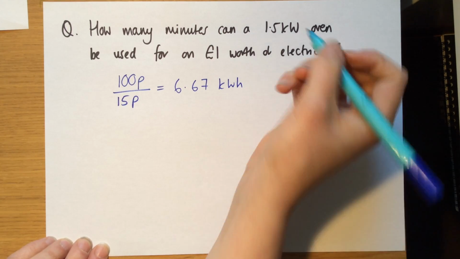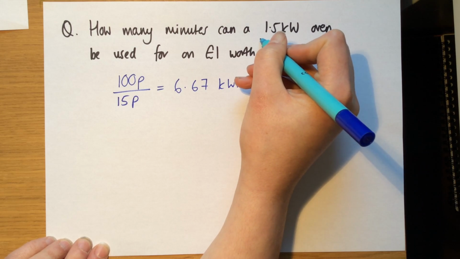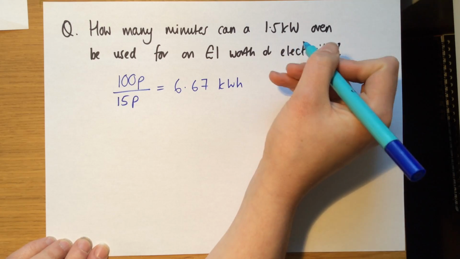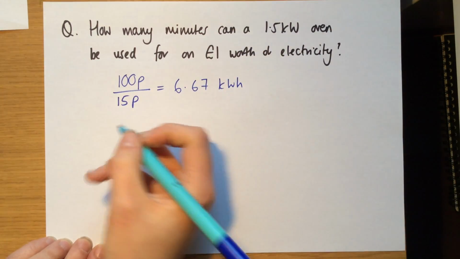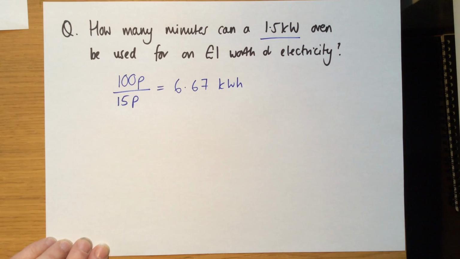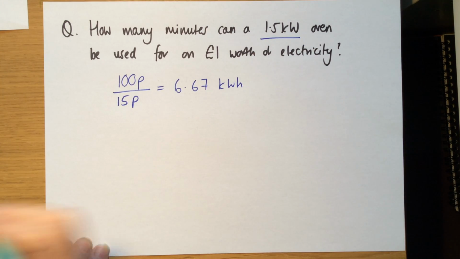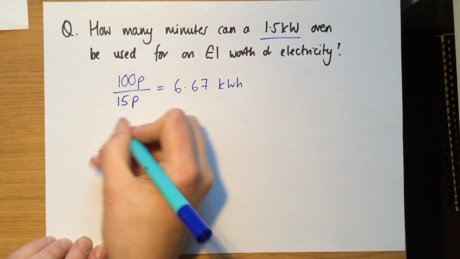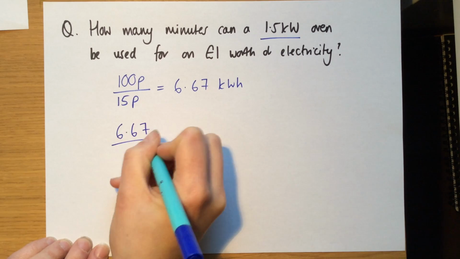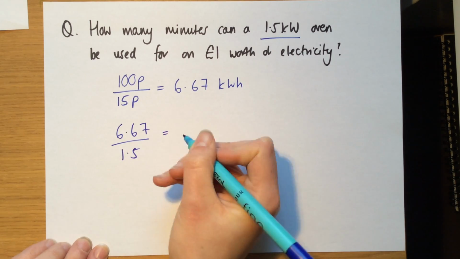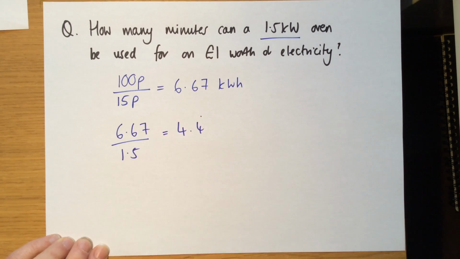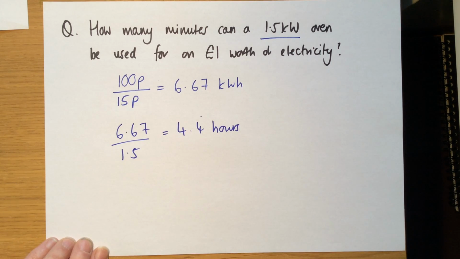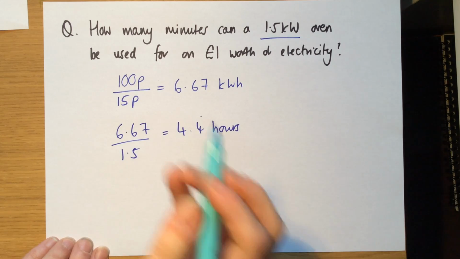Okay. Now, an oven that is 1 kilowatt will use 1 kilowatt hour each hour, and a 1.5 kilowatt oven, sorry, will use 1.5 kilowatt hours. So every hour, this oven's going to use 1.5 kilowatt hours of energy. We've got 6.67 kilowatt hours worth to go. So to see how long we can do that for, we do 6.67 divided by 1.5, and that gives us an answer of 4.4 recurring. Okay, so this is how many hours you can use your 1.5 kilowatt oven for on £1